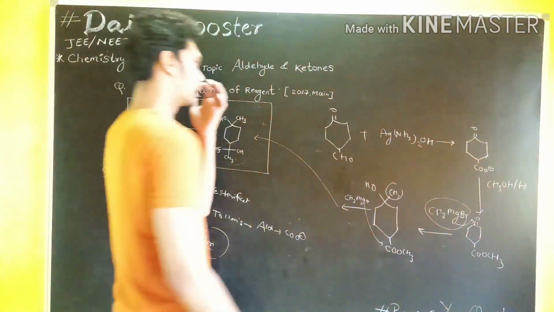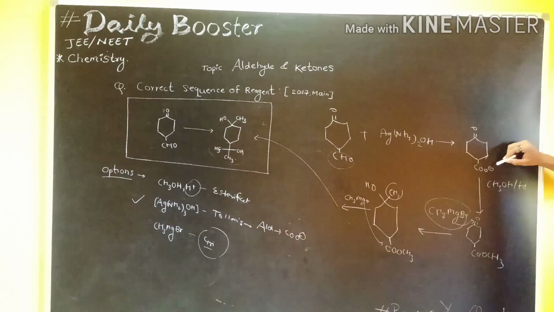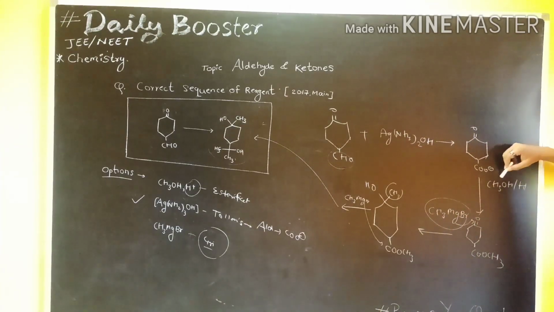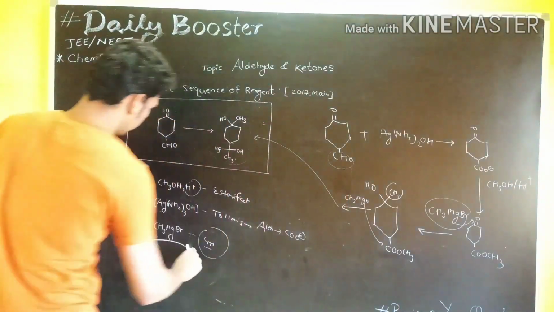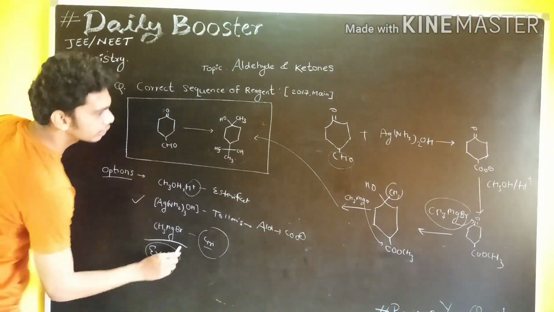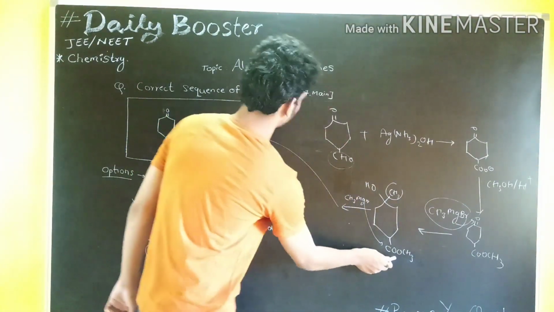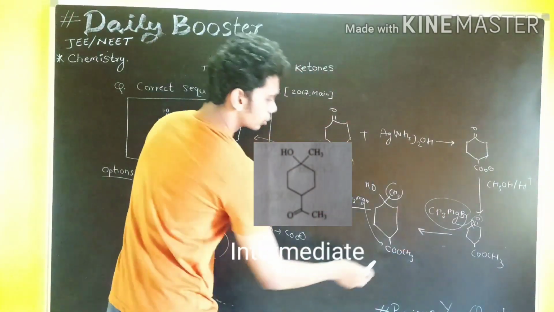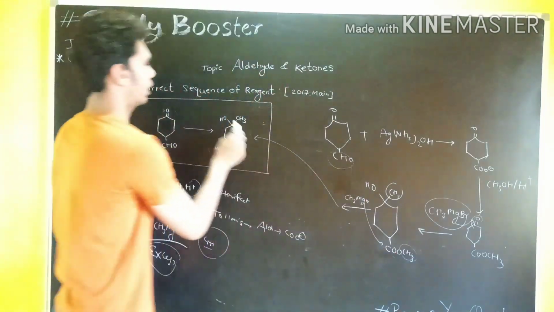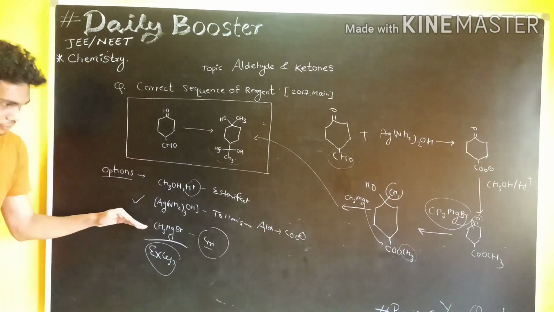So what is the sequence? We have to understand that with the help of the Tollens reagent first, we are oxidising the aldehyde group to the carboxylic group. After that, we are going to add the esterification reagent, that is CH3OH in acidic condition. Then once the ester is formed, the Grignard reagent should be in excess, then only will it convert two groups, because we have to convert the ester group into this group, and the C=O, that is the ketonic group, into this group. Once this is converted, your final product will be there. So the sequence is: first Tollens reagent, then esterification, and third the Grignard reagent.